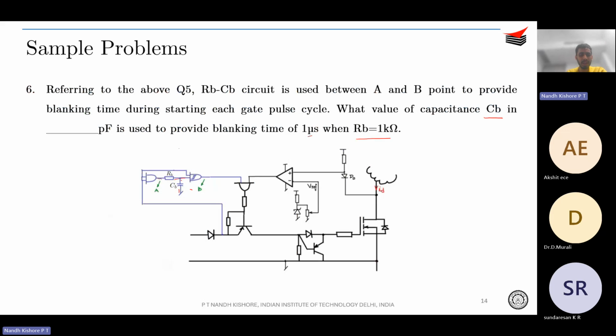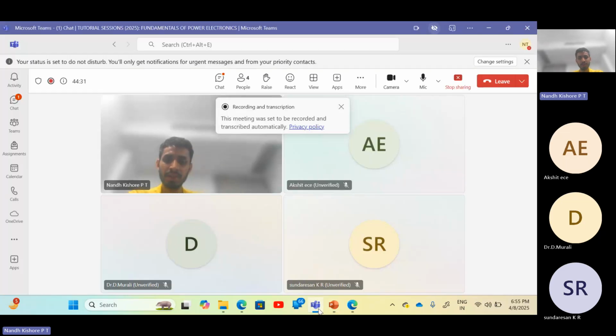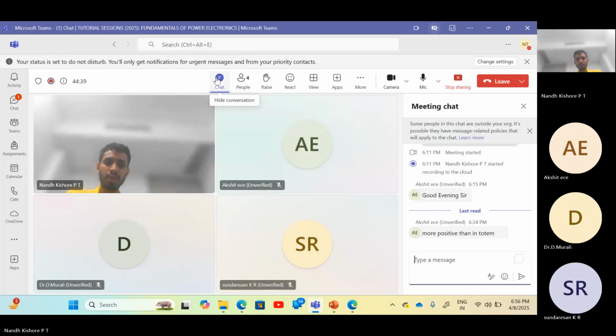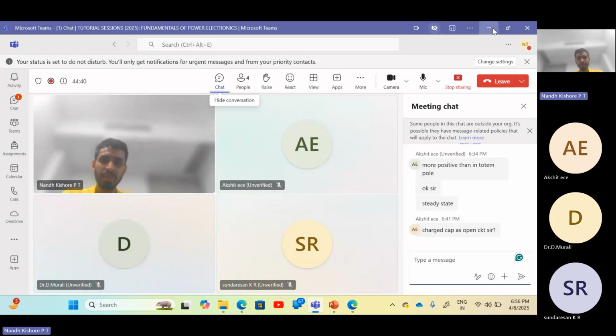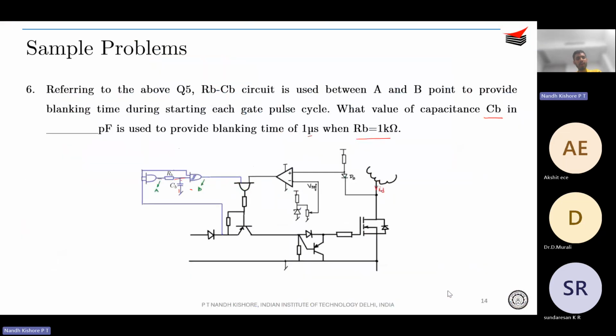But apart from that, why do we need a blanking time? Can anyone answer this? Why at all is a blanking time required, necessary? Why is it necessary? Anyone? So you can understand that